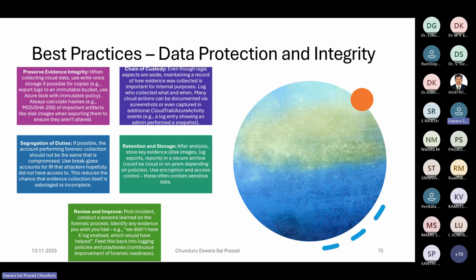And then, these are general best practices for data protection and integrity in digital forensics. Preserve the evidence integrity by using hash values, use immutable storage devices, and then chain of custody has to be maintained if any legal aspects are involved. And then segregation of duties is a must, because all the people involved should not do the repeated tasks. Here the tasks or duties have to be segregated, and then we have to see that necessary documents, playbooks or workflows are available to that particular team, and that they are equipped with the necessary tools for